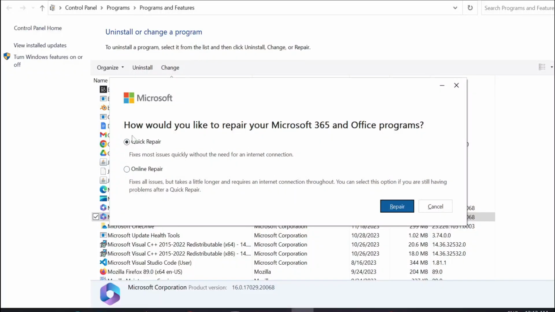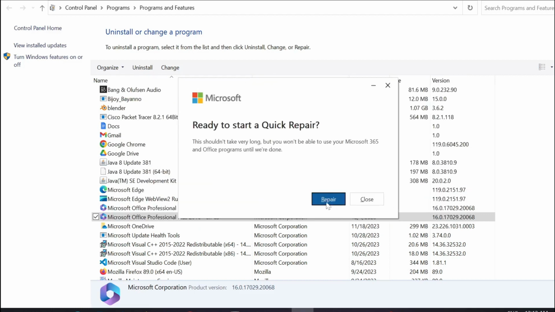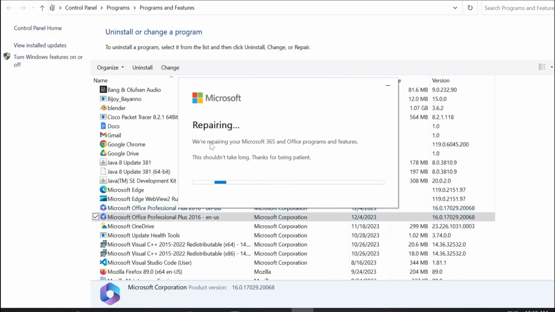And after that you can see the Quick Repair option is selected. Now select Repair and select Repair. It will automatically start repairing your Microsoft Office software. If there is any problem, it will detect them and repair it automatically. It will take a few seconds to complete the repair, and with these three methods you can easily fix